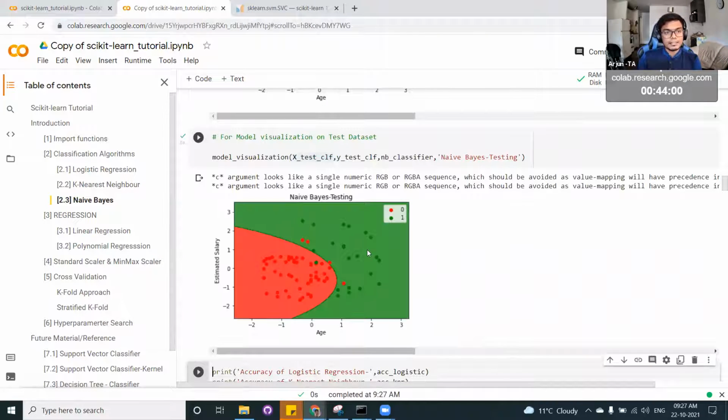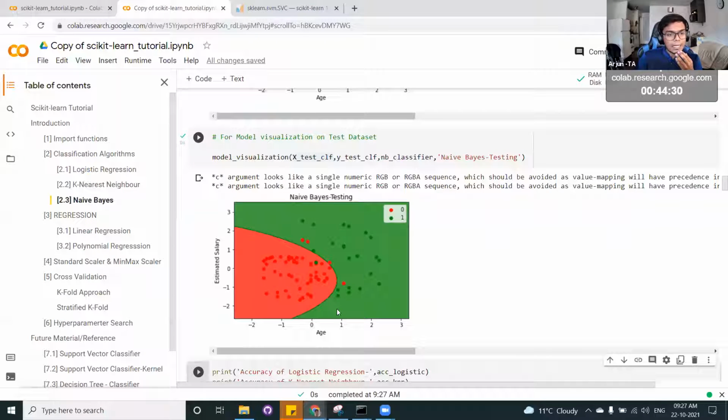So you can see these visualizations on the testing data, and it almost captured the trend in a very good way. Just to give you a small intuition, we have standardized the values to a small range, like around -2, so that it is essential for the calculation. You can see that if the age is 0 and the estimated salary is 0, then the customer will fall in this range. If the age is even lower, then they are not purchasing.